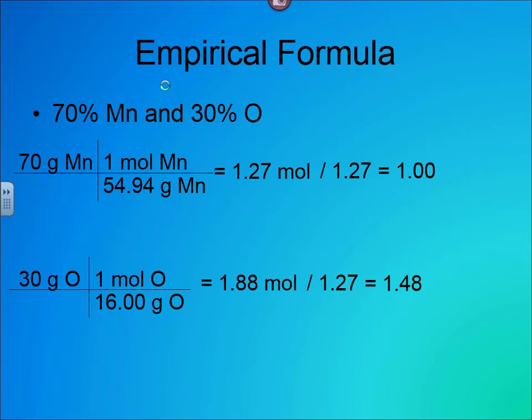It's kind of a roundabout way of saying we're going to multiply both of these by 2. Because if we multiply by 2 on the bottom, that half goes away. And we end up with a whole number instead. So multiply both of them by 2. It's kind of like algebra. Whatever you do to one, you got to do to the other. Multiply both of them by 2, and the correct ratio for this compound would be